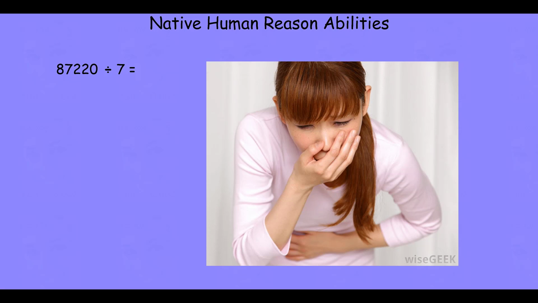On the other hand, if I show you this picture, you can almost immediately tell me that this person is feeling nauseous or sick to their stomach. You can do this quickly and easily, almost without thinking, understanding what's going on with somebody else, just by how their body posture is, or their facial expressions, or so on. That's something that we evolved to do quickly, unconsciously, automatically. Whereas solving relatively complex division problems, that isn't something that we evolved to do.